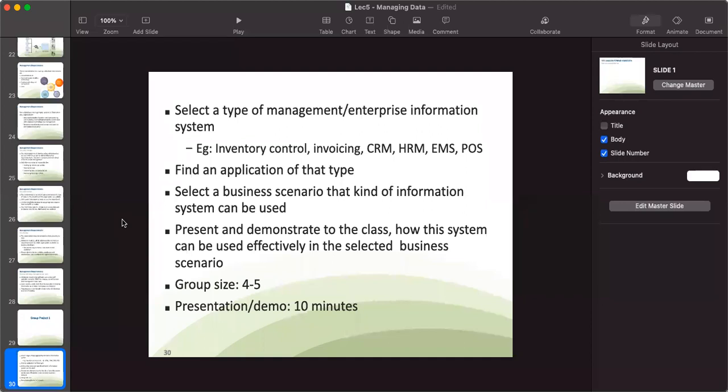The group size should be 4 to 5 people. The presentation or the demo should take only about 10 minutes, maximum 15, right? So I want you to do that. It's not that big of a deal, right? So, shall we have that next week? Yeah, so basically you are supposed to